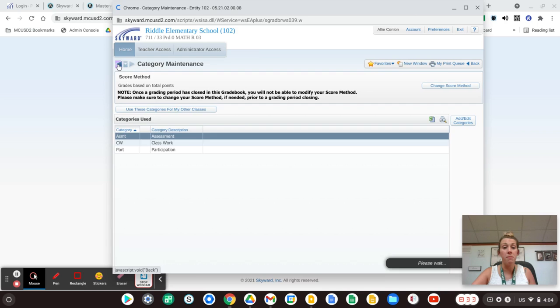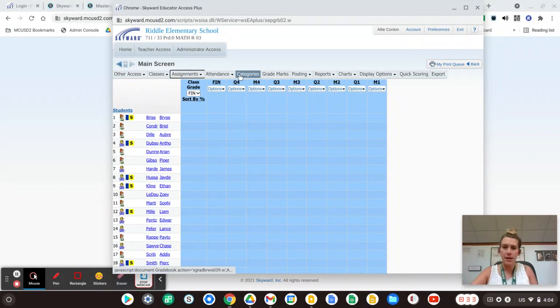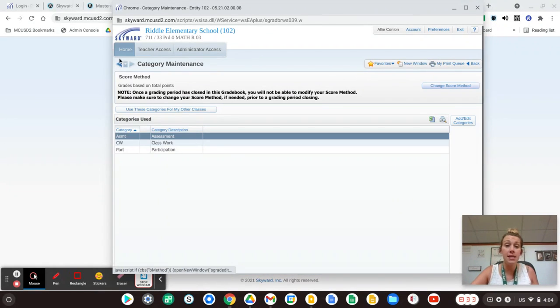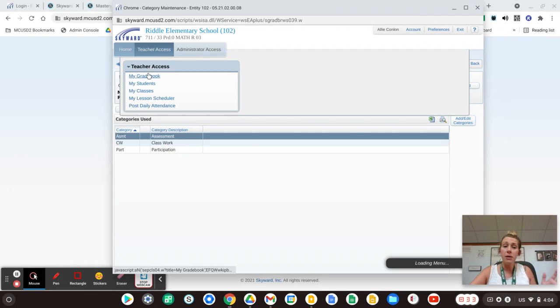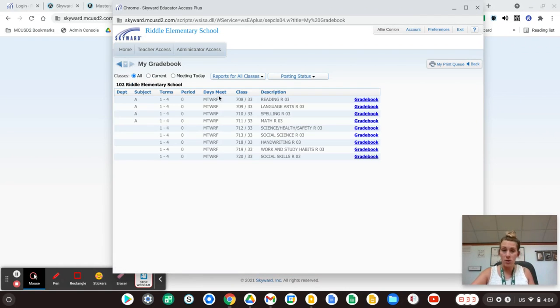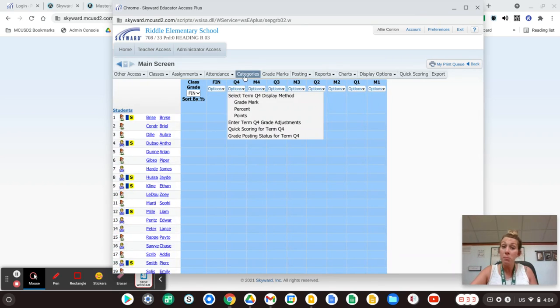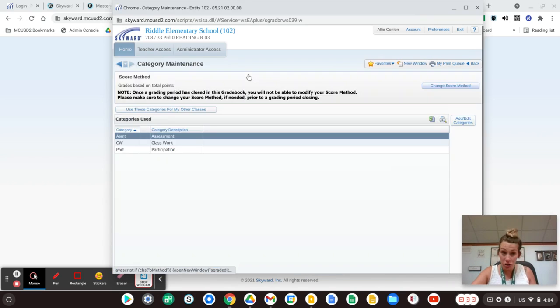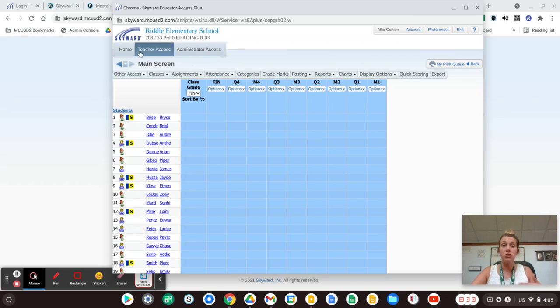So I'm going to hit this back button. I'm just going to make sure that my category is saved. So I'm going to go back to categories, and I can see that they're there. I'm going to double check. I know I clicked that I wanted them to go across many courses, but I just want to make sure. So being proactive, I'm just going to go ahead and check and make sure that my categories were there. And they are. So I would recommend that you double check, make sure that you have all of these categories in the courses